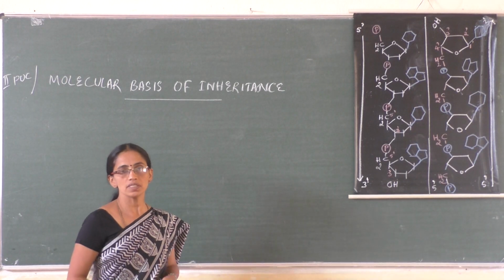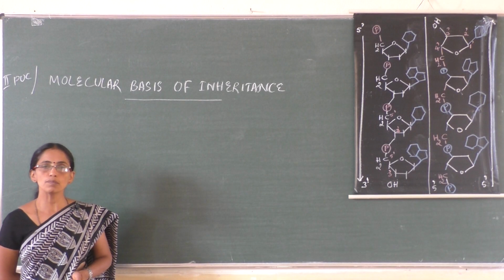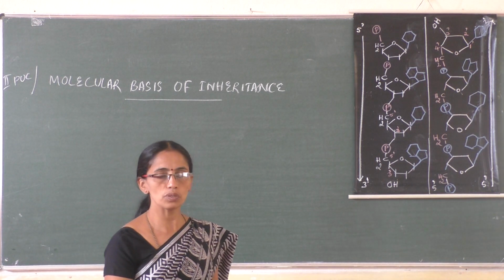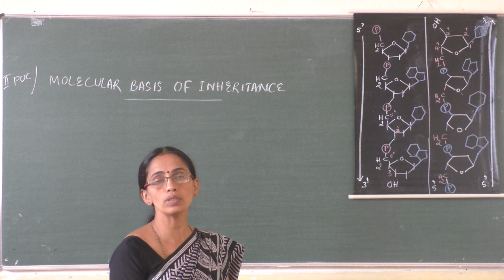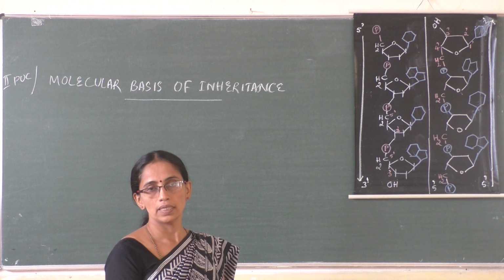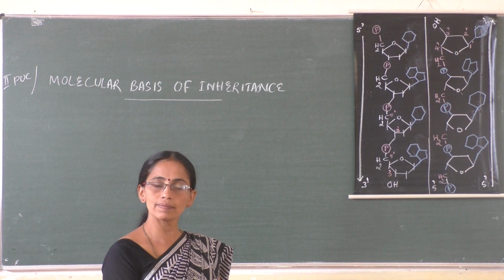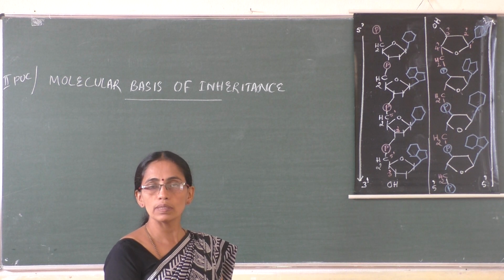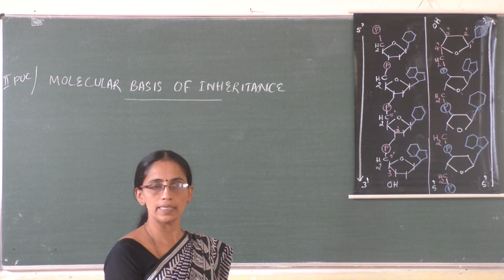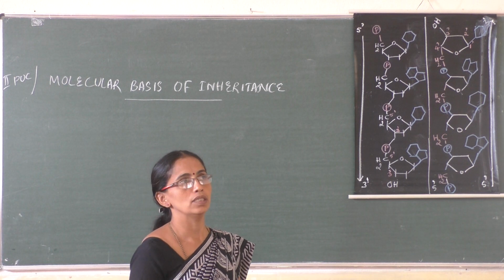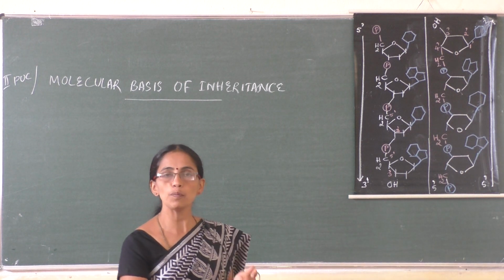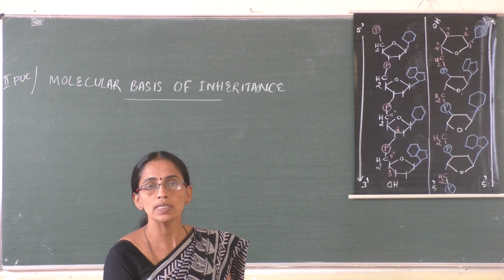Good morning students. In the last class we discussed nucleic acids, and under that, the nucleotide. A nucleic acid is made by many nucleotides. DNA as well as RNA are both long polymers of nucleotides. So what is a nucleotide? Nitrogenous base plus sugar and phosphate together makes the nucleotide.